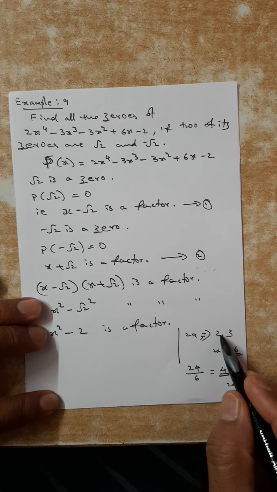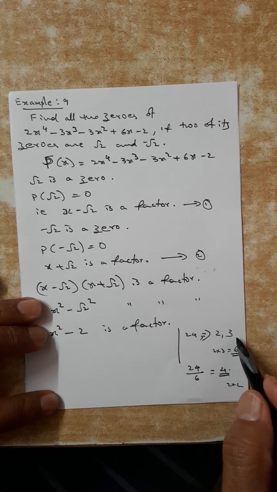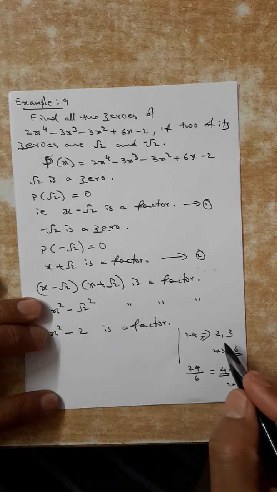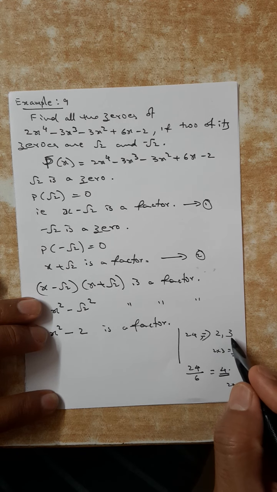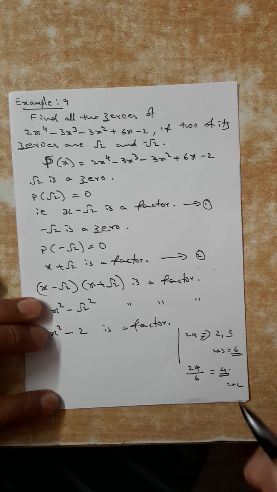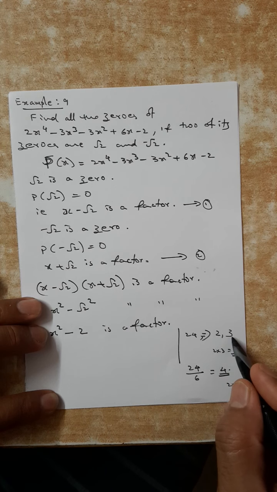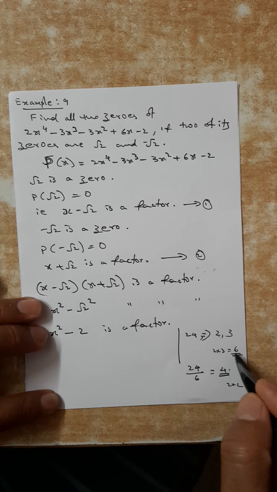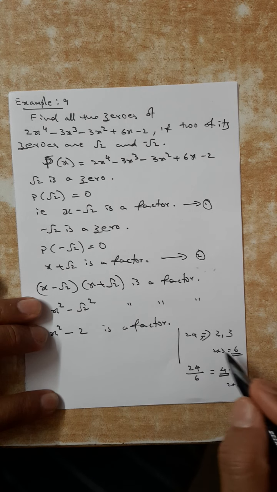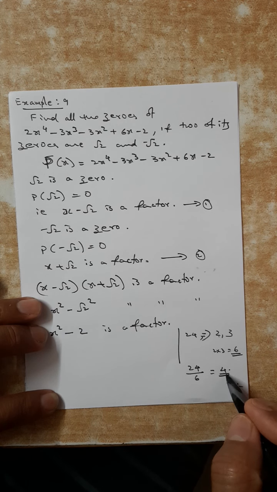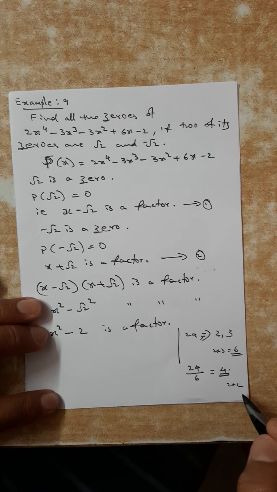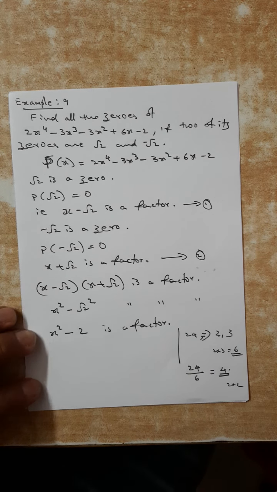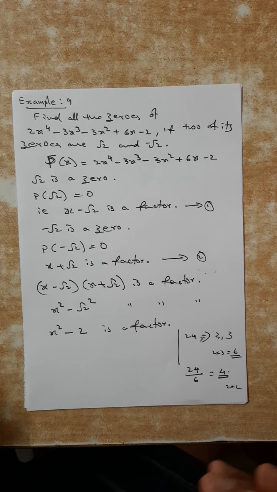Instead of dividing 24 by 2 and then again by 3, two factors are already there, 2 and 3. Somehow we came to know that 2 and 3 are factors. So we will take the product, 2 and 3 product is 6. So we will divide only by 6. 24 by 6 is 4. Now break that 4. 4 can be broken as 2 and 2. So that procedure we will do. That means now we have to do the division.